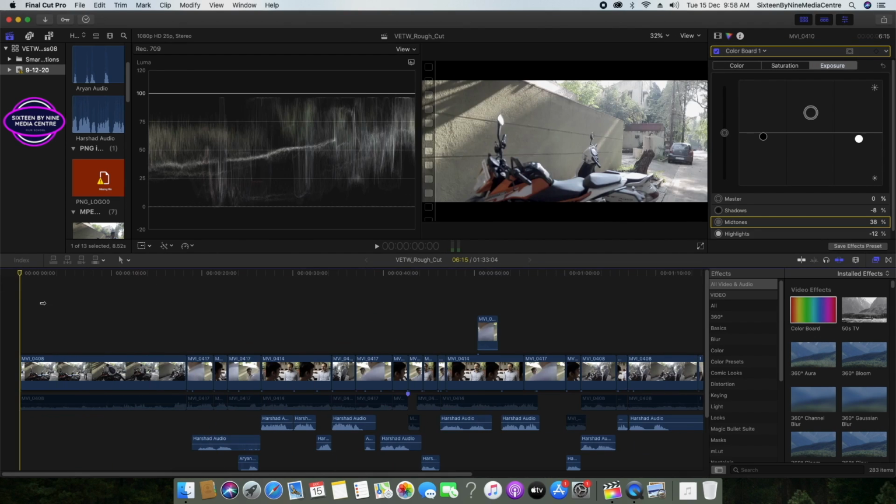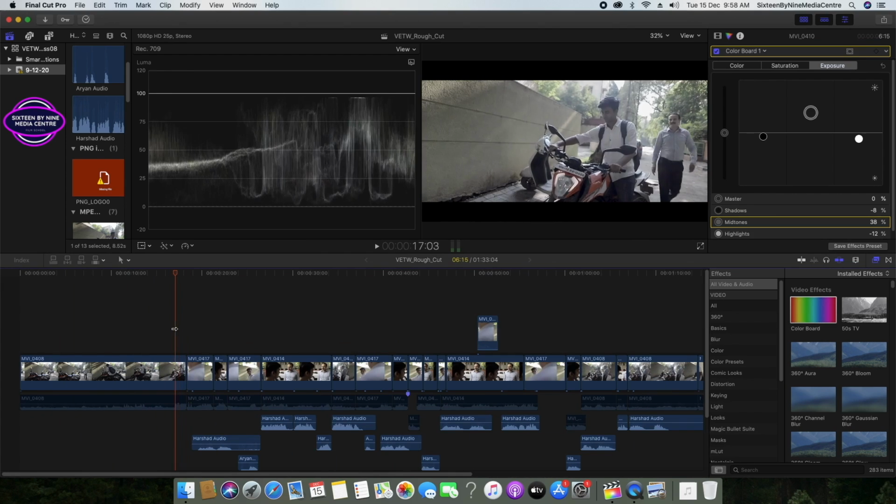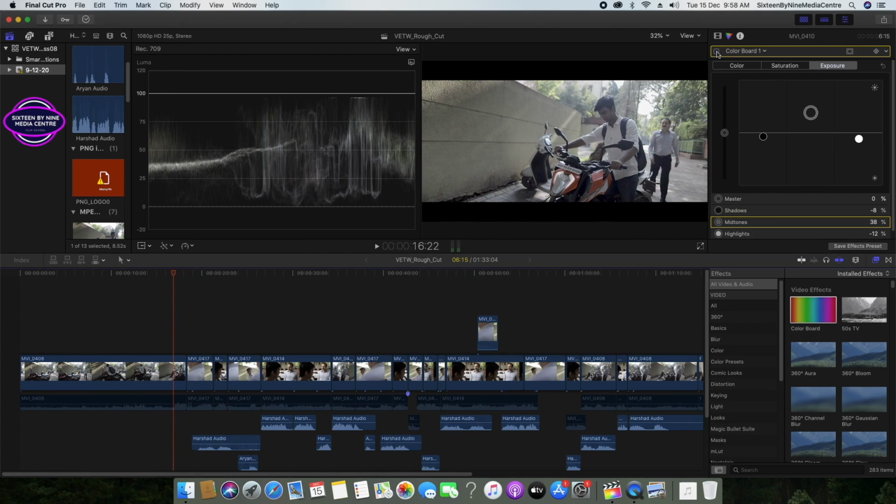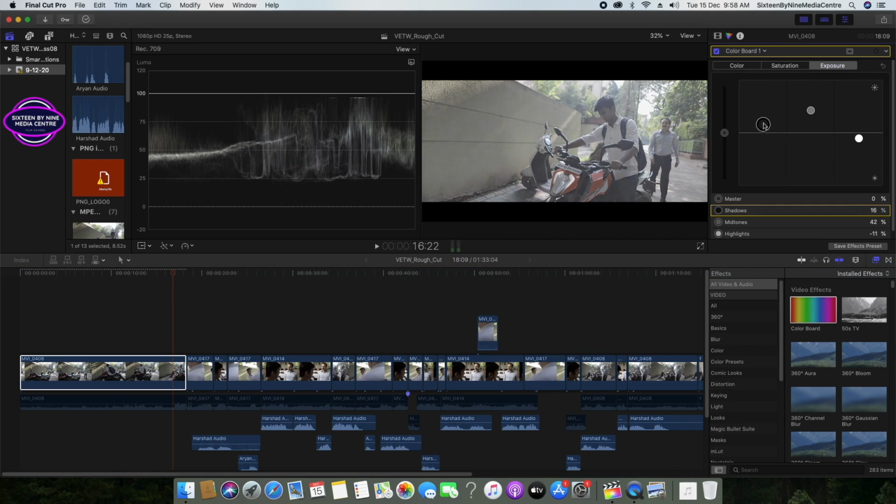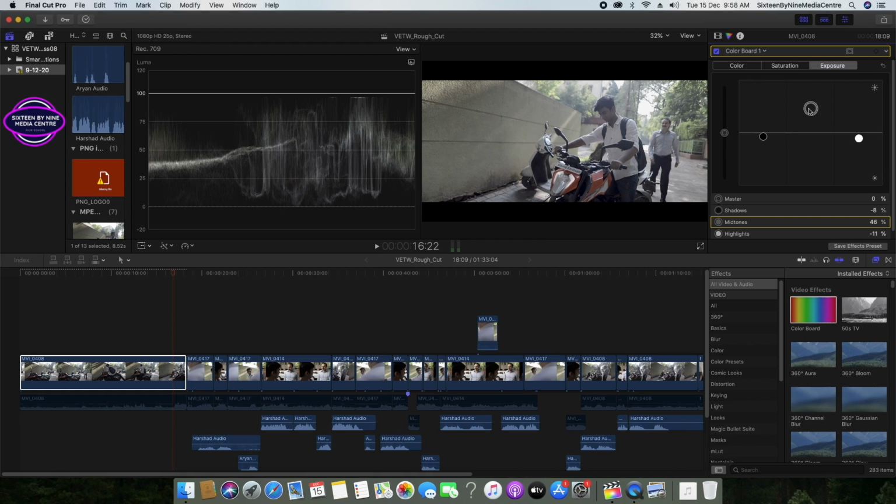Okay, let us come back to the first shot again. Let me click this. This was the shot. So if I increase the shadows a bit, it becomes totally white, a flat kind of shot. There is no contrast also. So this is fine. Yeah, it is touching. The least part is touching over here. So this is fine. And I can just increase the midtones a little bit again. Okay, you can see the values of the midtones have changed. I have done it manually here. You can do it. You can put values also if you know the values.